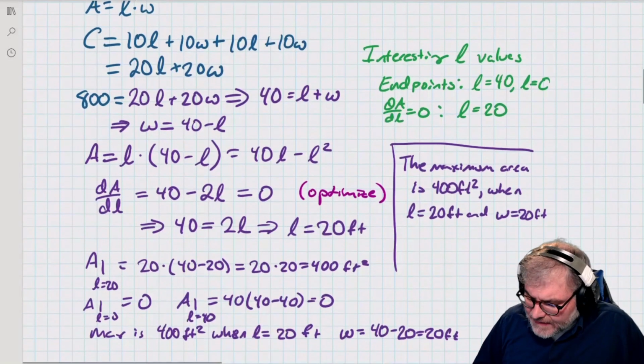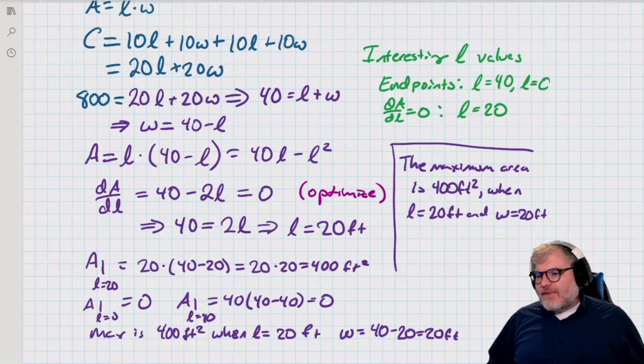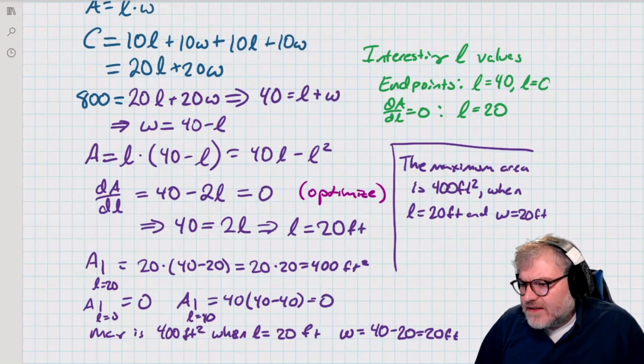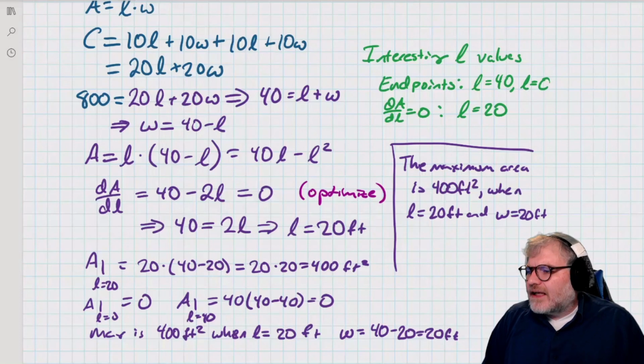So just like I did with the related rates problem, I'm just going to say what I mean. The maximum area is 400 square feet when L equals 20 and Y equals 20. And if we looked at this, if we did this in Excel,